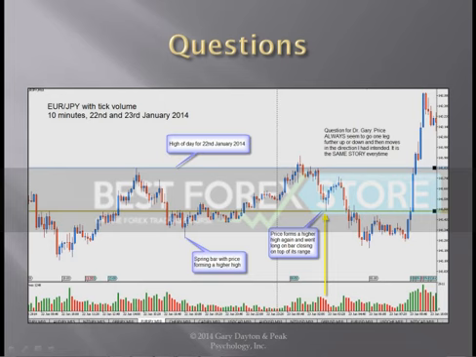And the ones that finally did give up the 1-minute chart and went to at least a 5-minute chart or a tick chart, they started to turn their trading around and do better. But here, this person's okay on a 10-minute chart. This is fine. And plus, you can't see the big picture. Well, you may not be able to see the big picture on a 5 or 10-minute chart either.